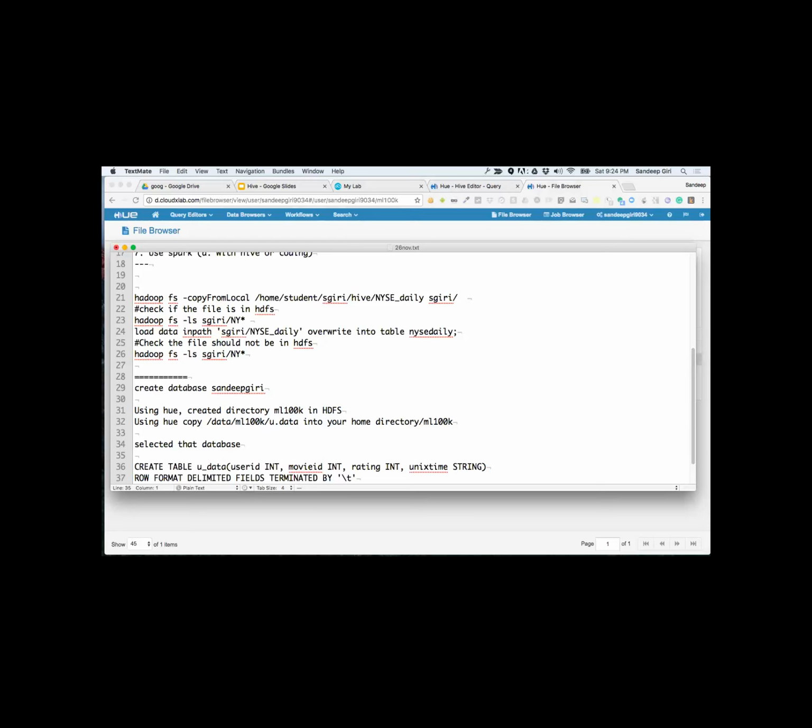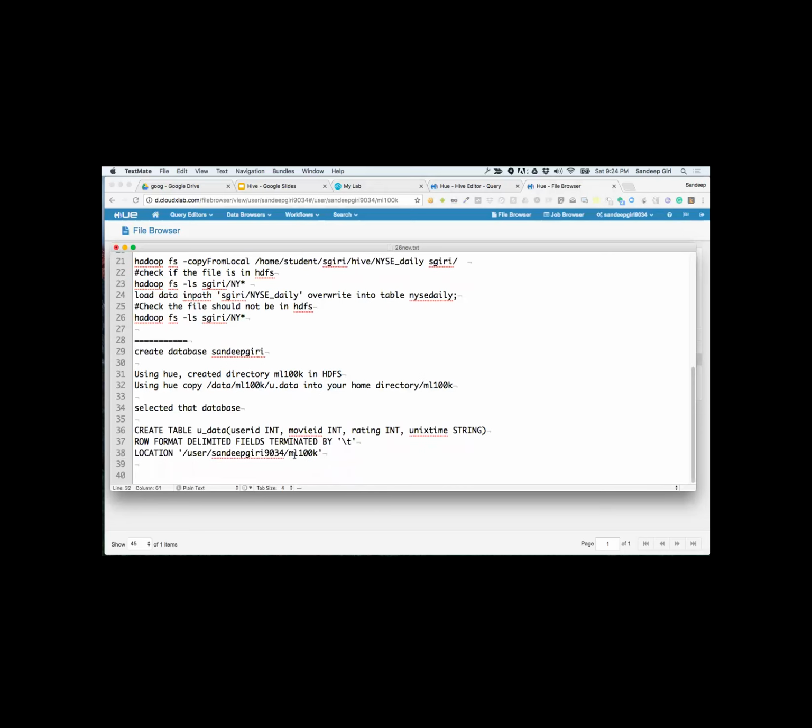Okay, so Jinyang, you are seeing the empty data the way I was seeing, right? In my case, the problem was that I did not copy the file in the correct location. Just check the location, this folder, is it correct or not, as well as whether the data exists in this folder or not.